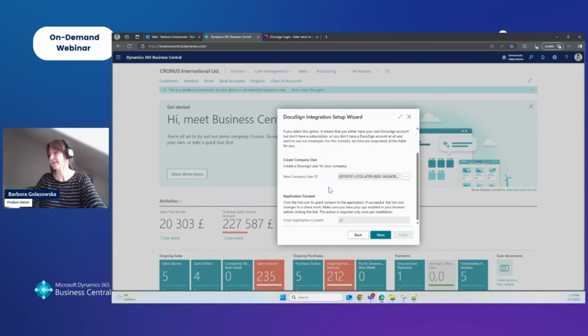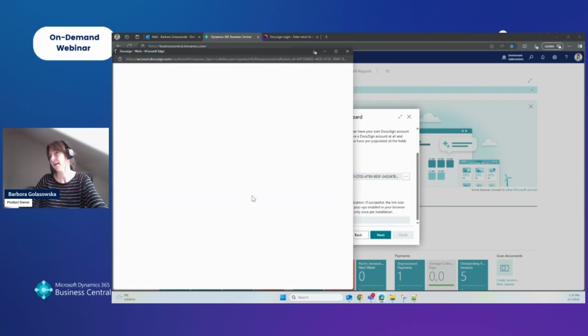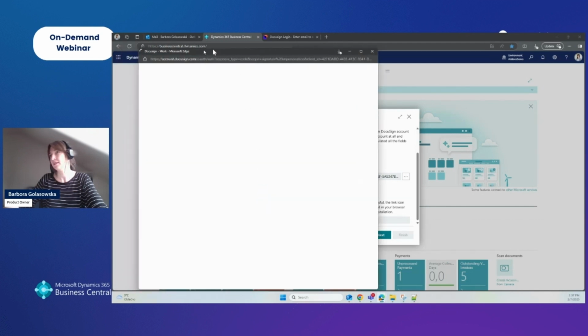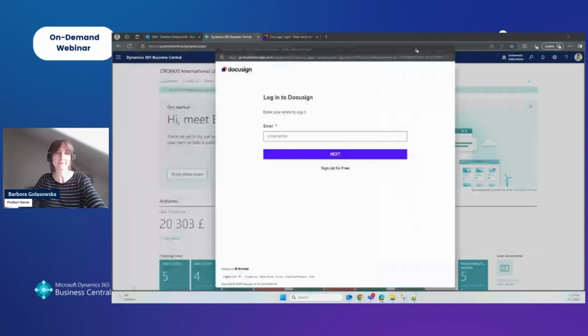So you can move to the next step where you need to grant consent to the application, which means that you're basically giving the right to the application to access your DocuSign account in your absence. So to do that, please just click the link icon here, and you can either sign in with your credentials you've just used for the creation of your company user,